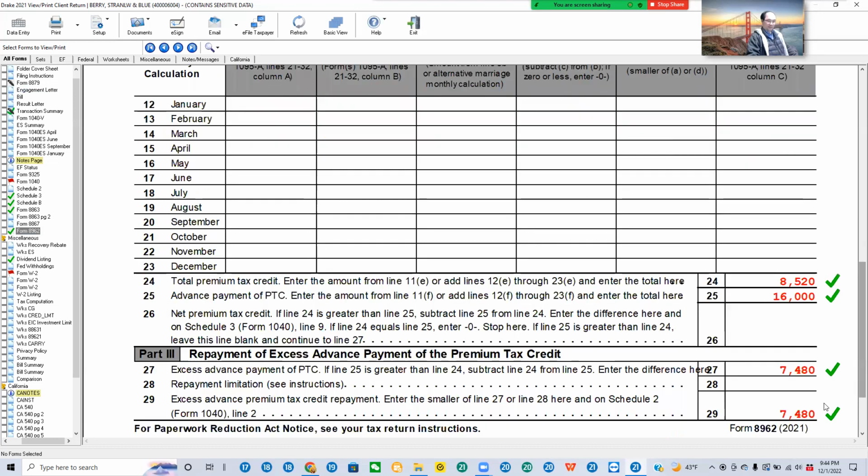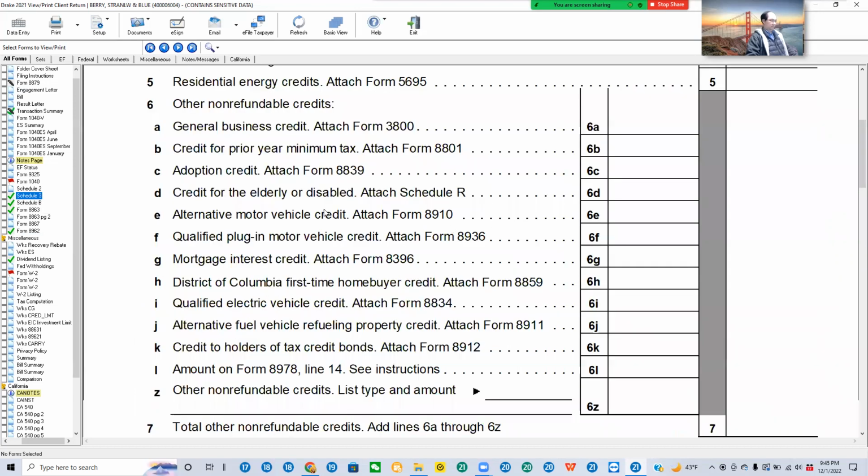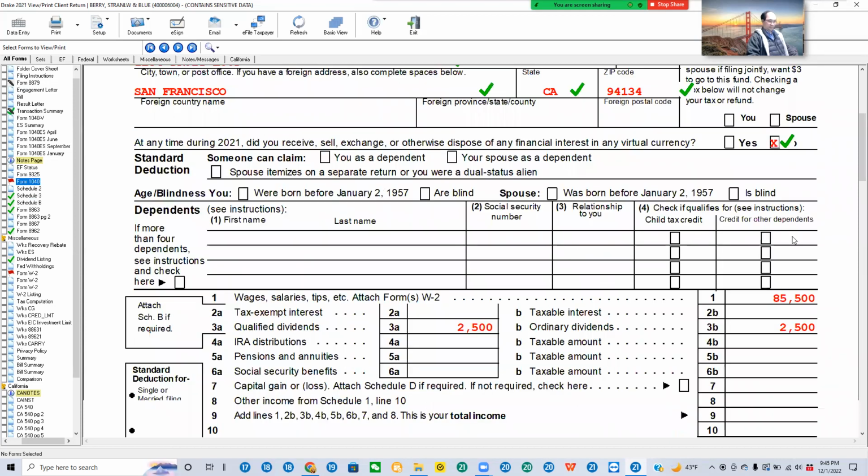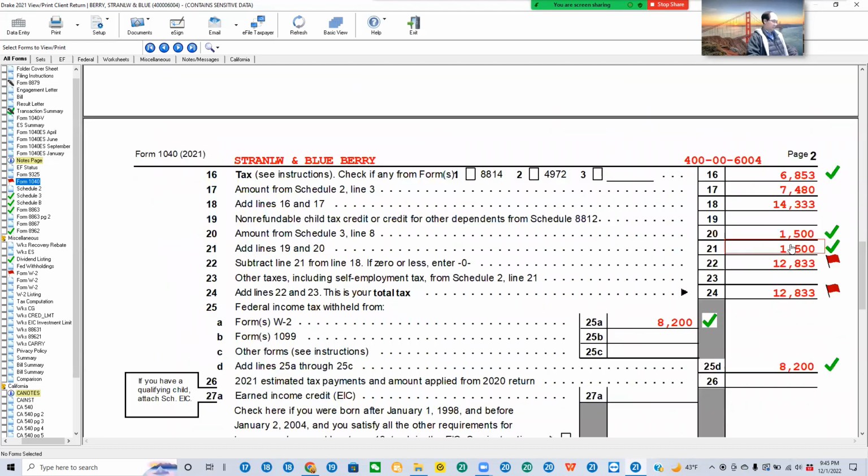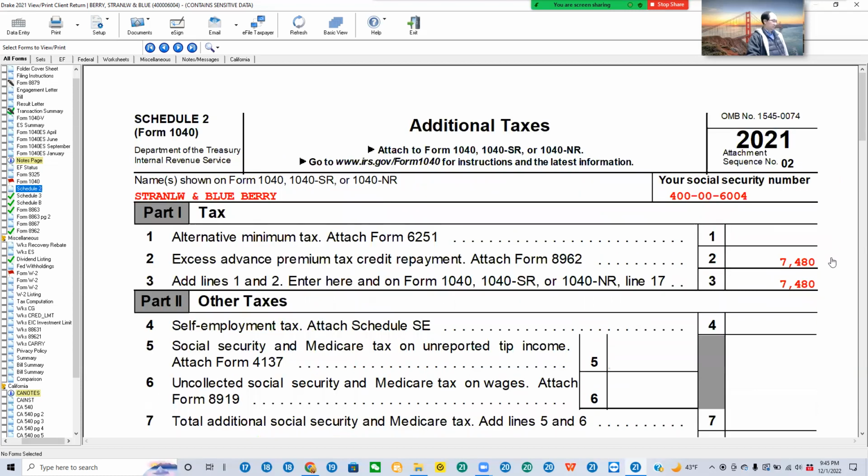So now in this, 7,480 is going to show up in here. You see right here? This number is coming from Schedule 2. This is additional tax from California. Okay. So now,